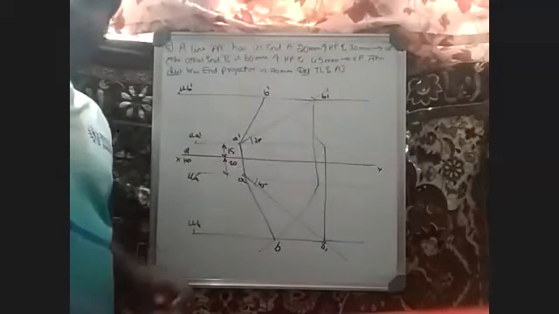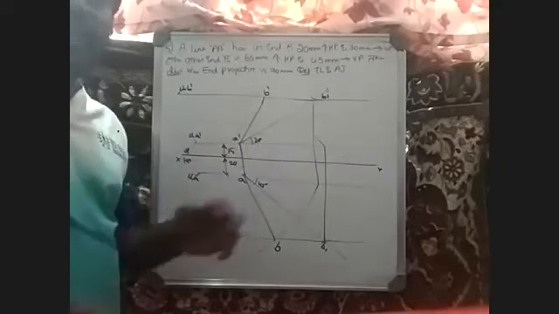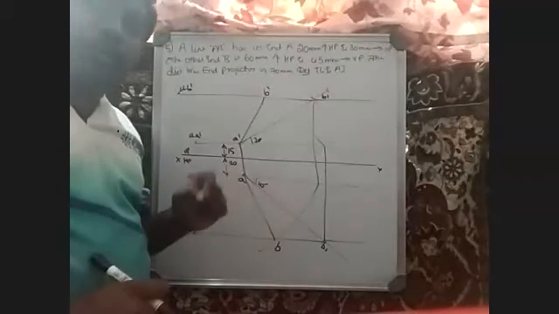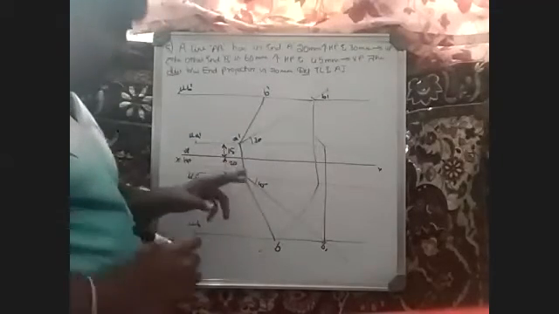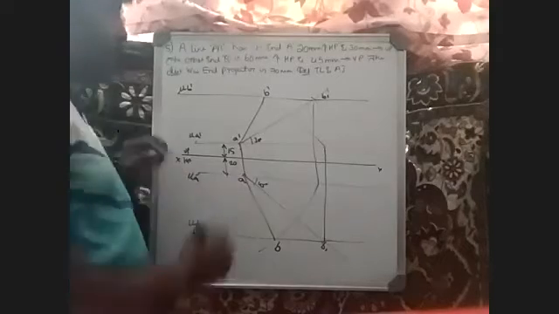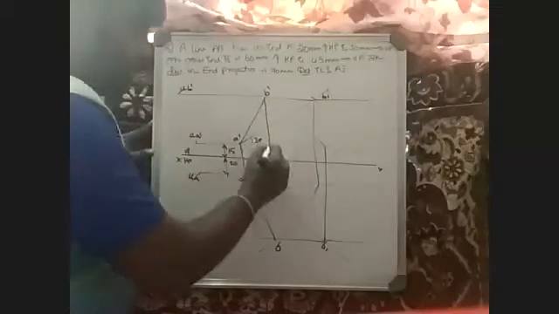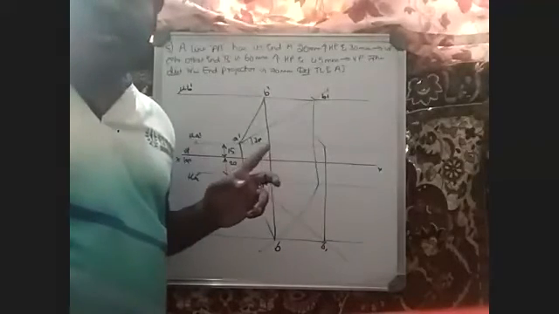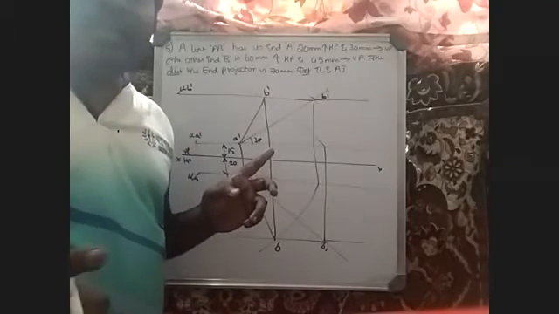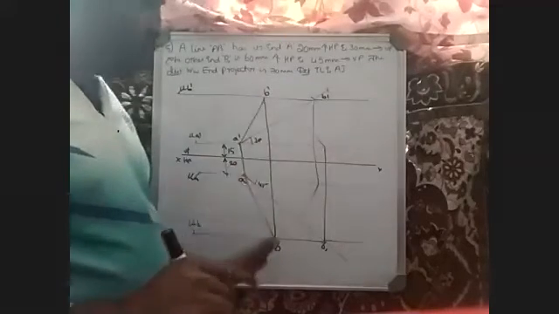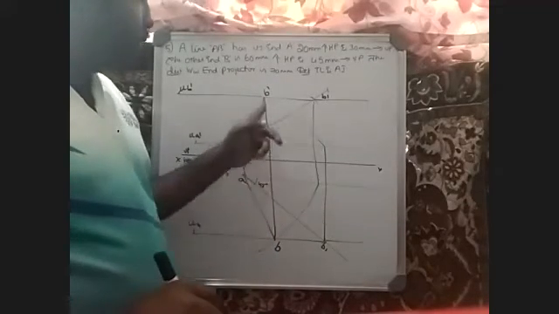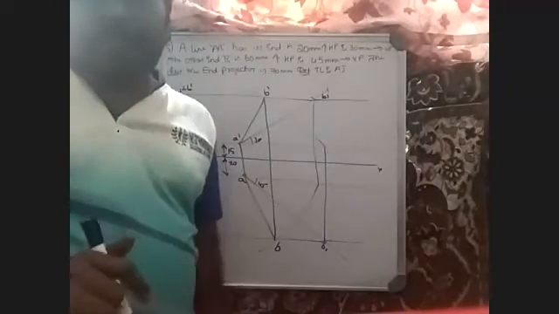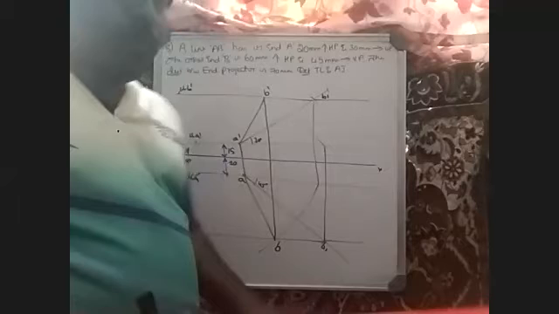After doing this, I will tell you one very important thing, that is cross verification, whether the problem you have done is right or wrong, whether you are going to get full marks or not. For that, one cross verification is this one. A dash and A should be on a same straight line. Not only that, here B dash and B point also should be on a same straight line. This you should not draw dark. Okay, it should be lighter. It's only for your verification. This line you are supposed to draw. If both the points are falling on the same straight line, then whatever you have done is 100% correct.